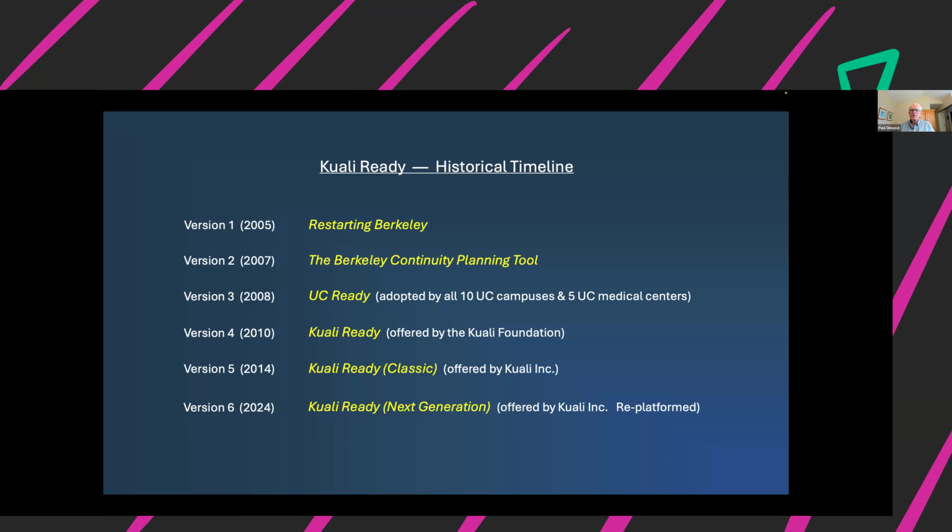We gave it to about 150 universities in that way. I only ultimately was aware of 2 who got it installed and running. So Kuali offered us a big step forward in that too, because they were going to offer it as software as a service and host it themselves and make it much easier for campuses to adopt it. So it was a win-win all around. I actually worked for the Kuali Foundation for a couple of years on a part-time basis.